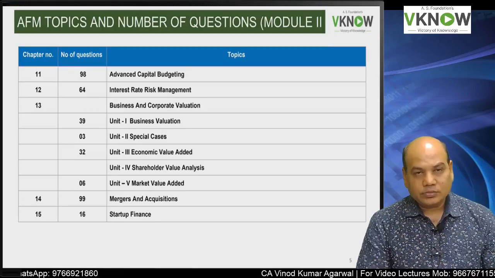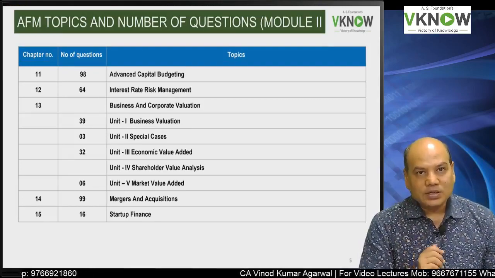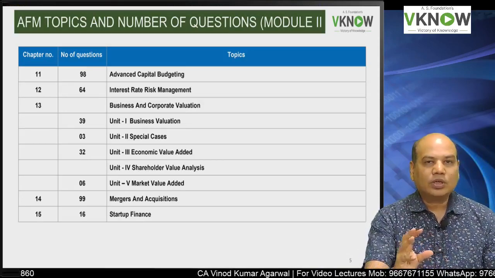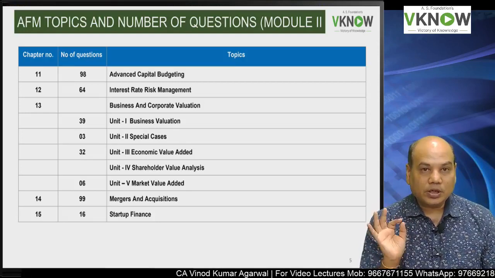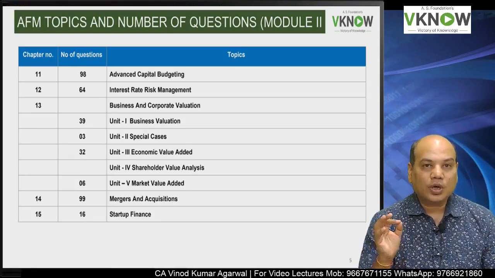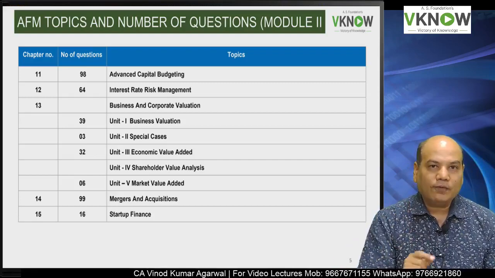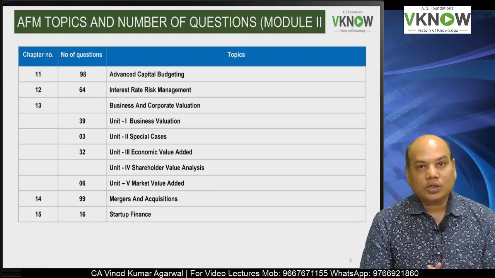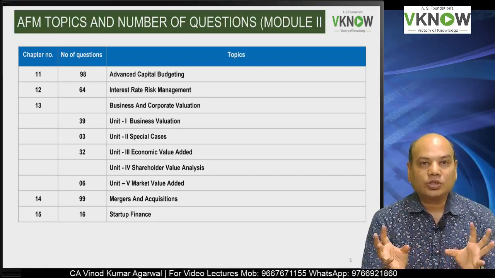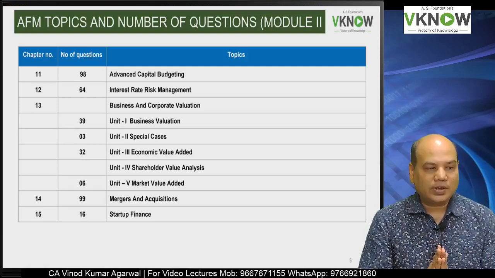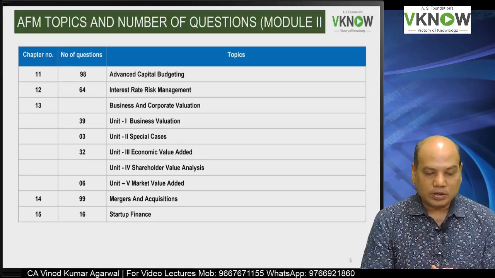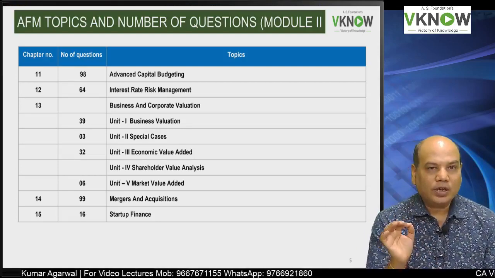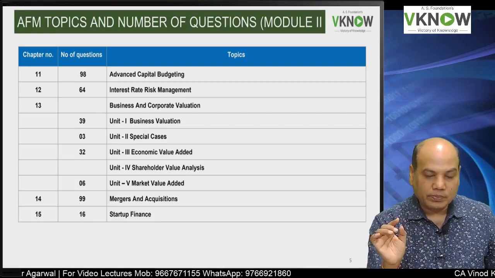Chapter 11, the newly added chapter, advanced capital budgeting. How many questions would you find in the study material? Around 30 to 35 questions. But I have taken all the efforts to compile each and every question asked by the institute in last 25 to 30 years, including some questions taken from the intermediate exam also, which are relevant in your syllabus right now. Questions are high quality and they are very relevant for the upcoming exam.